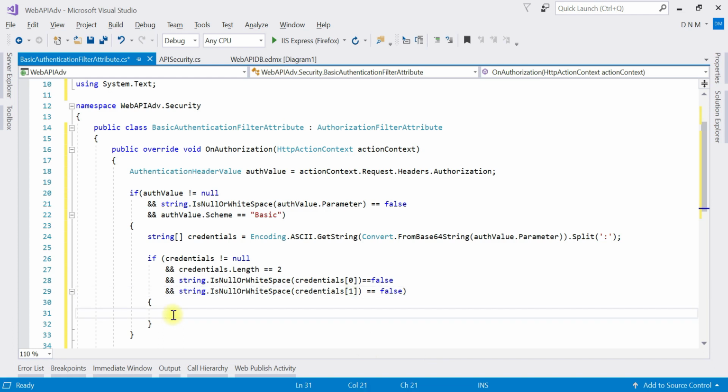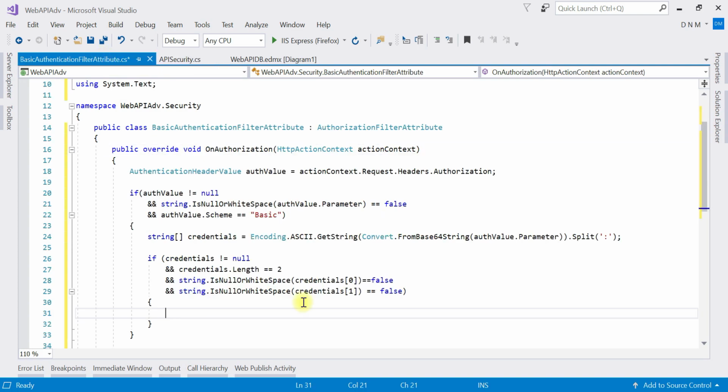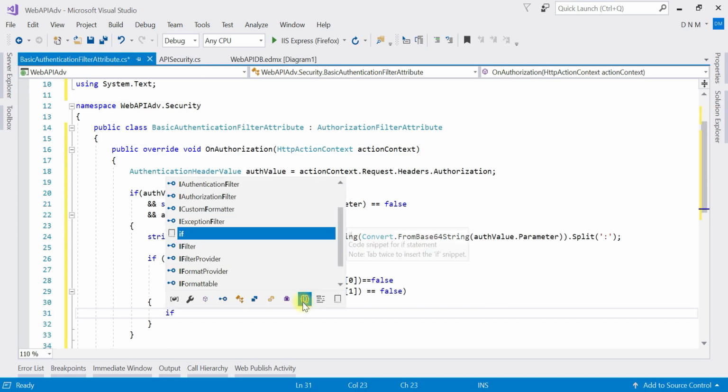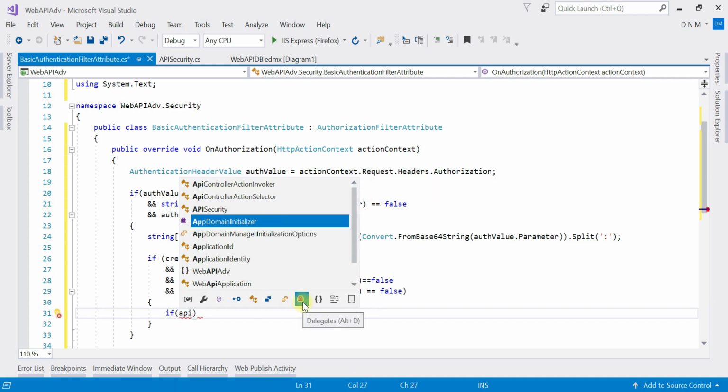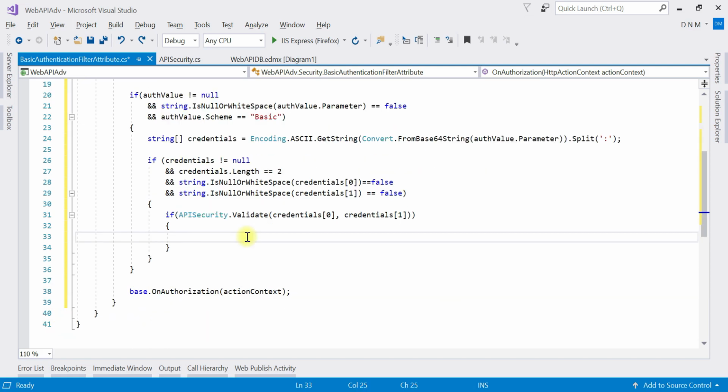Now the next step is to validate our user, and for that we have already written this method in the API security class. Okay, so let us call that method. It is a static method. So here I'll say if API security dot Validate. To that Validate method I have to pass username and password. Username is present at 0th position, so I'll say credential of 0, and password is present at first position, right? So if this method returns true, my if will evaluate to true. We are going to call this base class method